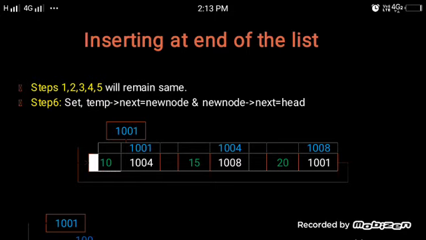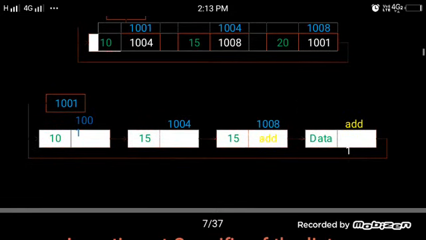Taking the same example, 10, 15, 20: in the above figure I am adding at the beginning of the list, and in this figure I am adding the element at the last only. That is the only difference. At the end I am adding the data, and the last one is linked to the first one. This is the link in a circular linked list when adding at the end of the list.